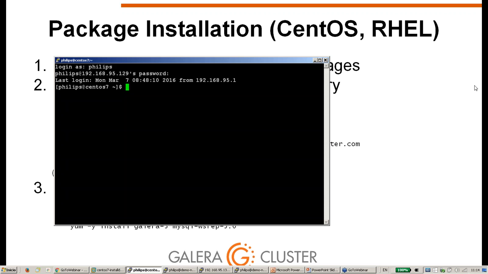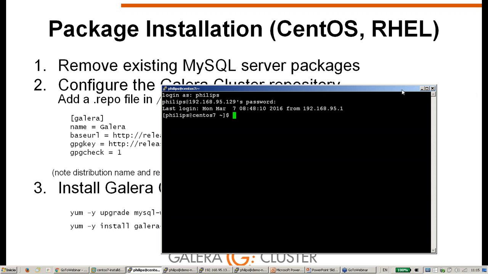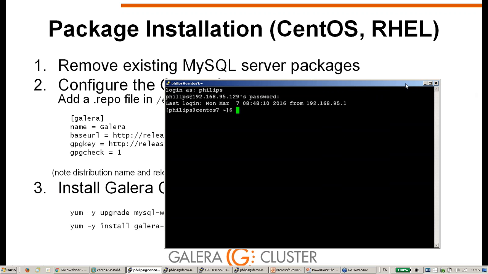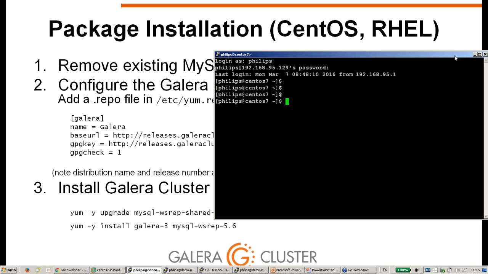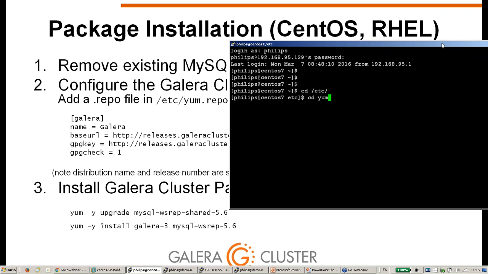So here we have a virtual machine that is a pristine installation of CentOS 7, and we are going to see how to add the package repository for CentOS 7. The instructions are slightly different for SUSE and for Ubuntu and Debian, but our documentation, which you can find on our website galeracluster.com, has specific instructions for each one of those distros. For CentOS 7 in particular, we go to